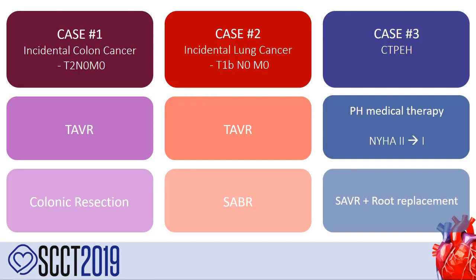However, whenever we consider their bicuspid valve, and I didn't highlight it earlier, their ascending aorta was slightly dilated at 45 millimeters. And whether it was due to the increased cardiac index following resolution of the pulmonary pressures with an increased throughput, over the subsequent year of follow-up, their ascending aorta underwent rapid growth. But because their pre-surgical risk had come down in that intervening period due to their optimal medical therapy for their CTEF, they were now able to qualify for a surgical aortic valve replacement and root replacement at the same time.